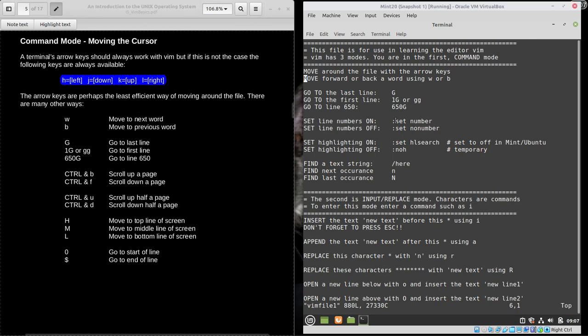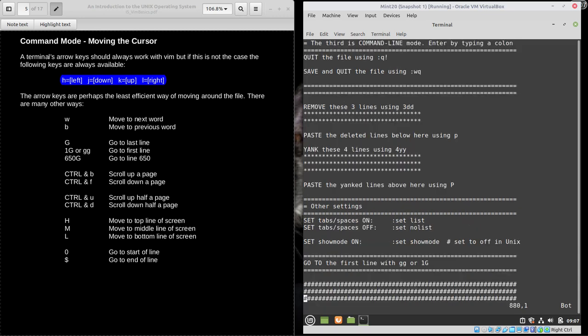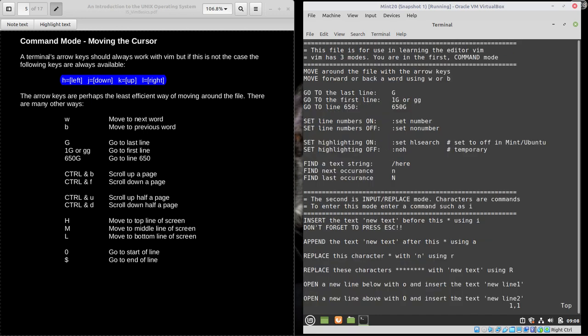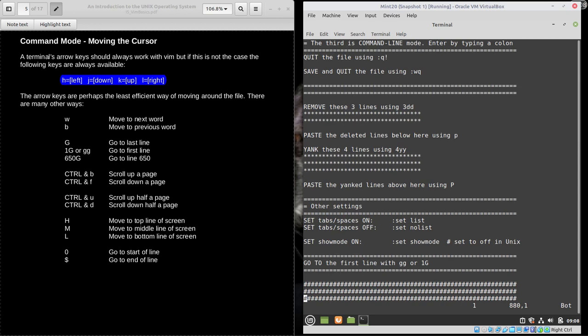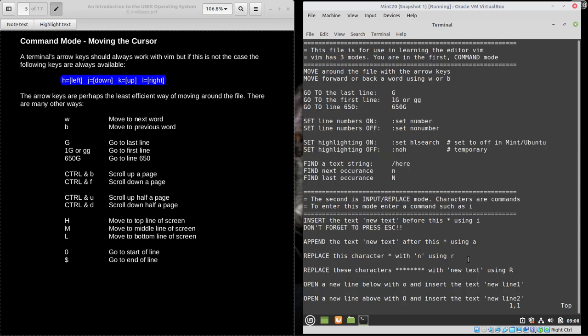So there's W and B. If you want to jump around the file, if you want to go further into the file, Shift and G will take you to the last line. This file is about 80 lines which are just repeated 10 times. To get back, as it says there, to get back to the first line, you can use GG, or most Vi commands, Vim commands, you can put numbers in front of them. And Shift and G will go to any line if you put a number first. So I can get back to the first line either with GG, or if I'm on the last line, with 1G. And if I wanted to go to line 650, for instance, as in the example,